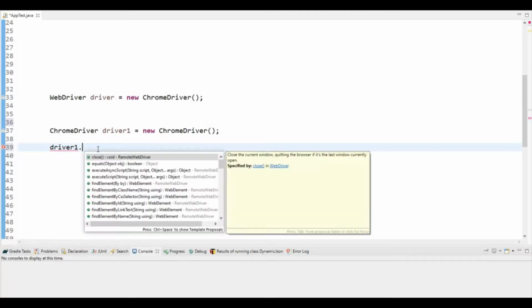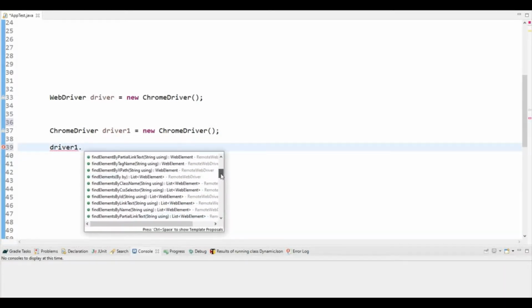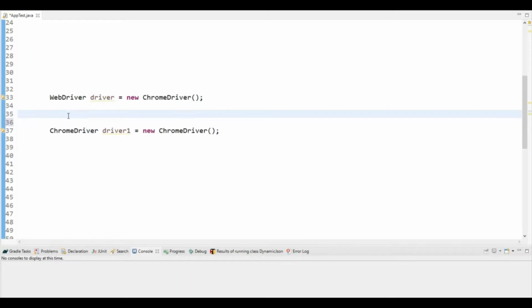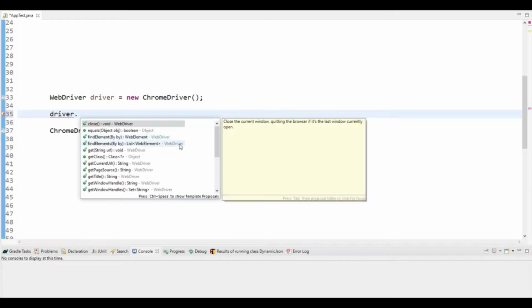Now with ChromeDriver you can see more methods. If you look at the scroll bar, it is much smaller, which means it has more methods. In the other case, the scroll bar is much bigger, which means it has fewer options.